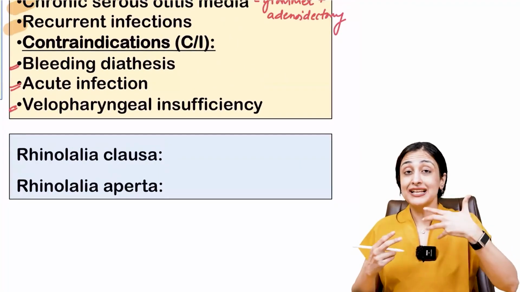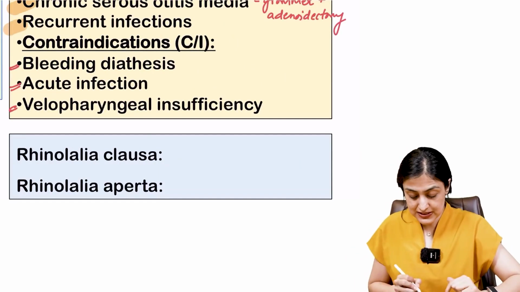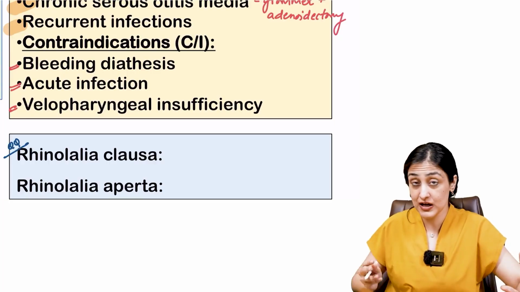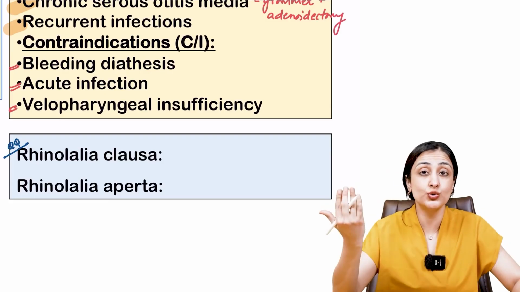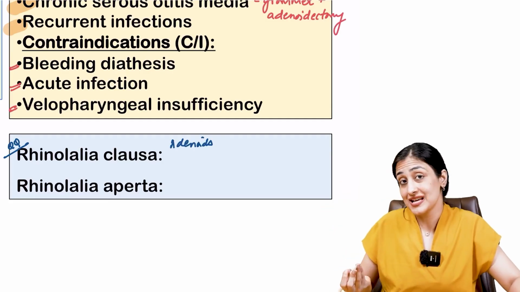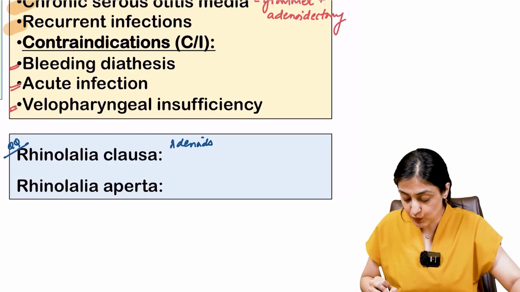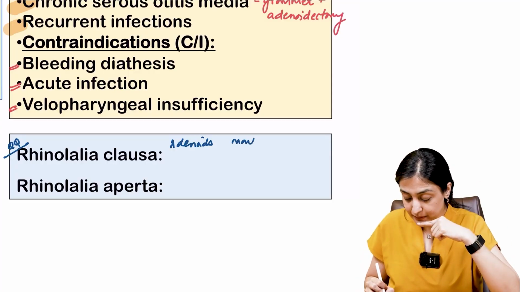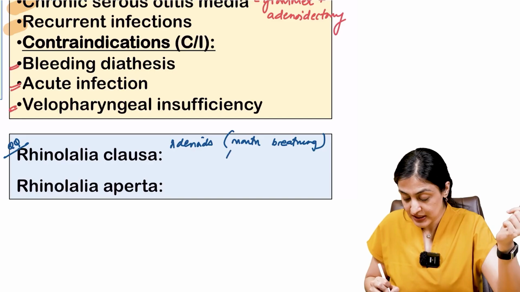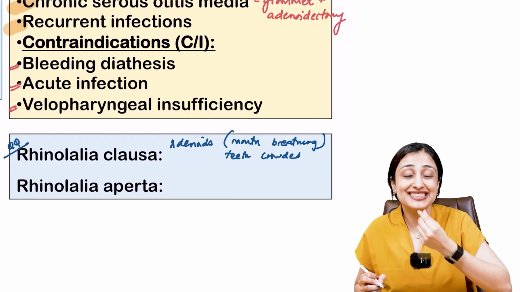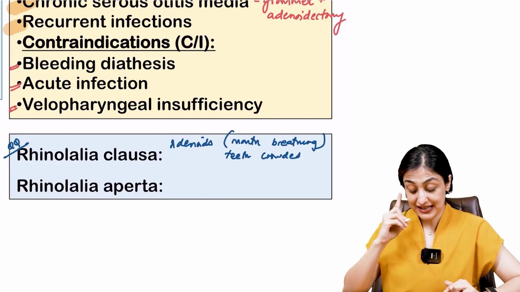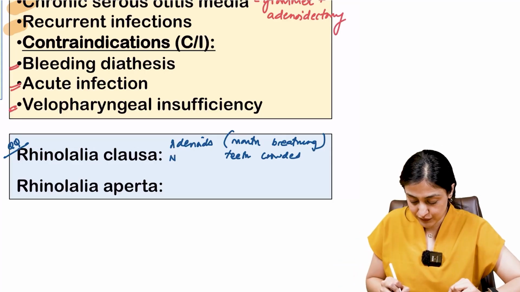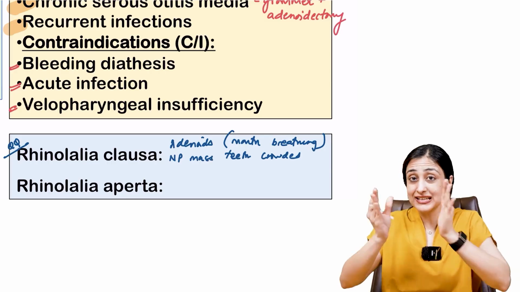Now, what will happen in any child who has adenoidal hypertrophy? This is what is called rhinolalia clausa, where essentially the nose is occluded. The commonest cause is adenoids, where the nose is blocked, and this is what we call typical adenoid facies, where you will see that they are obligate mouth breathers. They cannot breathe through the nose, so they will mouth breathe, because of which they have crowding of the teeth. So that is the kind of presentation in adenoid facies, or any nasopharyngeal mass will lead to rhinolalia clausa,